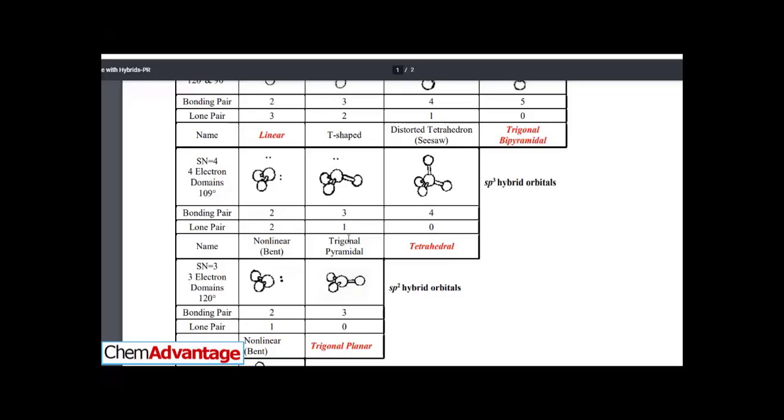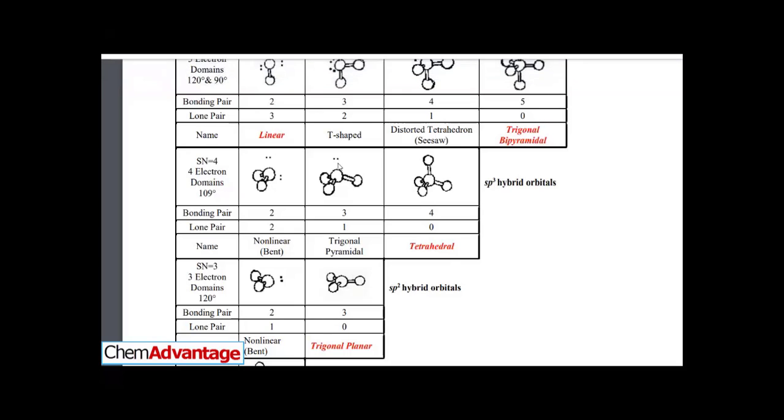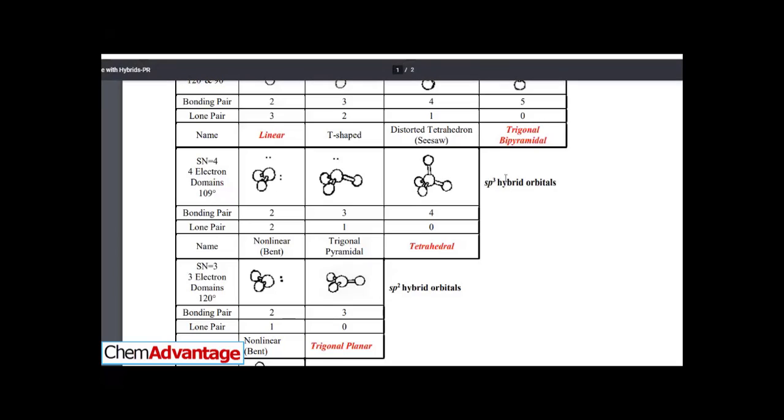So a trigonal pyramidal, nice logical name. 3 bonding pairs, 1 lone pair of electrons. Notice all the angles are 109. If you remember the balloon analogy, this is the best way for electrons to repel one another in 3-dimensional space, 109 degrees roughly. Also, when you end up having 4 domains, you end up having what's referred to as sp3